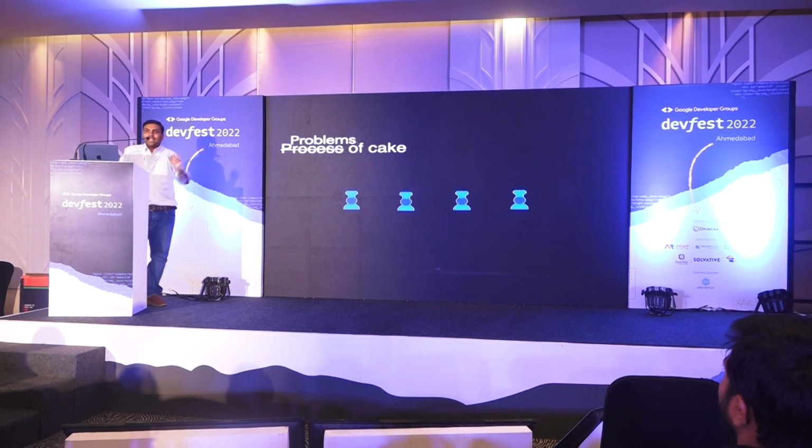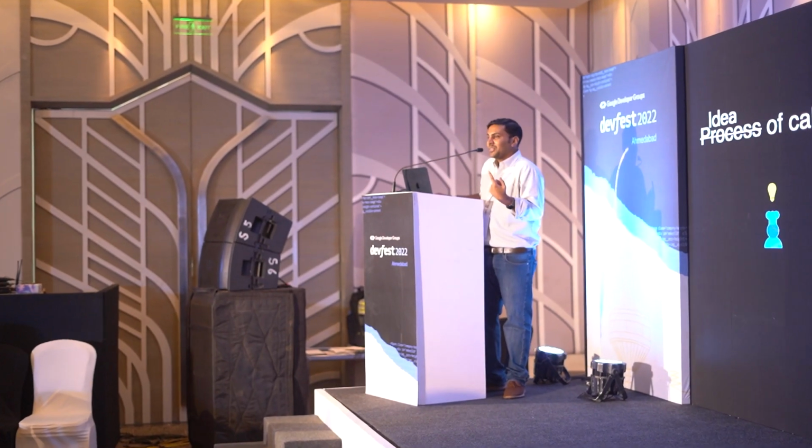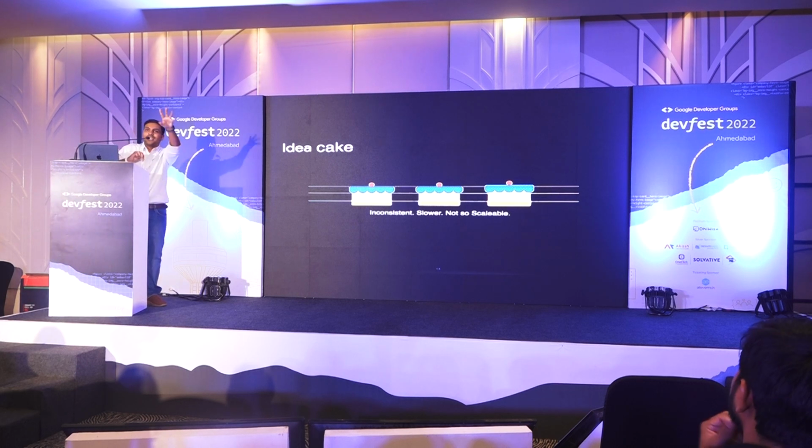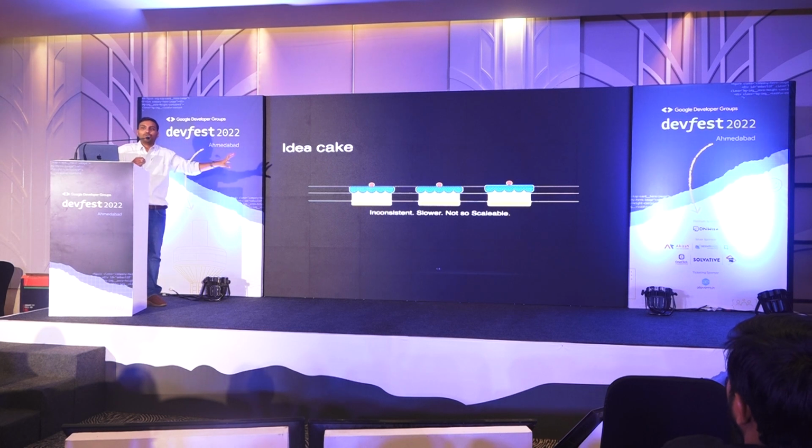Now taking that cake example back, I have a lot of problems right now. I have to hire these 3 other guys, correct? But I get an idea. I'm the smart one here. I'm the first owner of this project, correct? I'm going to take an idea in my mind. This is the cake I want to present to you guys, okay? Don't worry, aaj pata nahi cake hai ya nahi lunch mein, but I'm going to tempt you with cake. The intention is, just think of the visual. Look at how complex this process is, right? I have a blue icing on the top, I have a base, I have multiple layers, then there is a cherry on the cake, literally cherry on the cake, right?